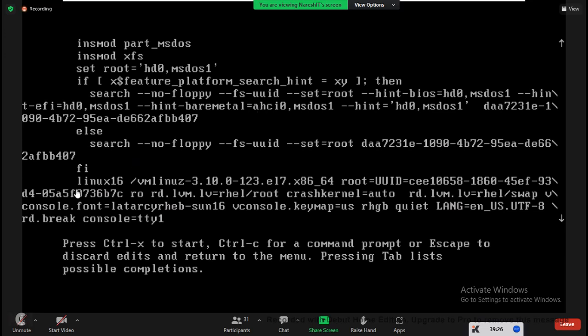How to modify? mount is a command, -o remount,rw /sysroot. This is the command you need to use: mount space -o space remount,rw space /sysroot. Before we had RO, now it became RW. Right, guys? Next step,